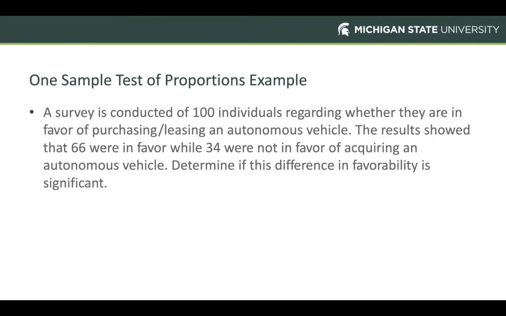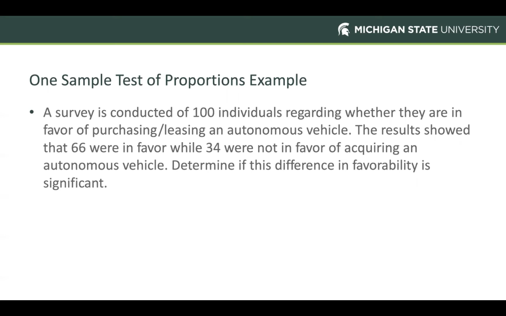And so let's say we've conducted a survey of 100 individuals, and we're asking them whether or not they're in favor of purchasing or leasing a self-driving vehicle. And we were told that the results show 66 of those 100 individuals were in favor, 34 were not in favor. And consequently, we're basically going to use the test of proportions to determine whether there's a significant preference within